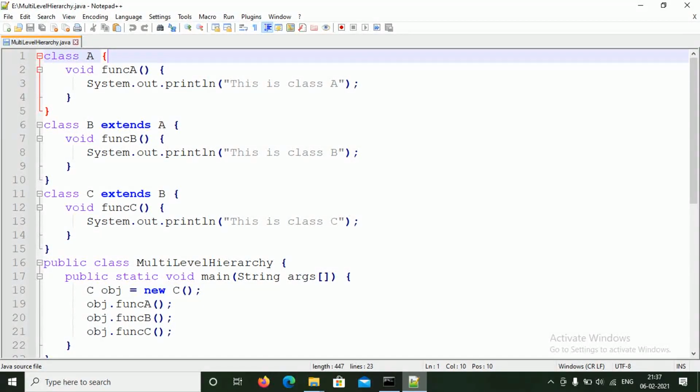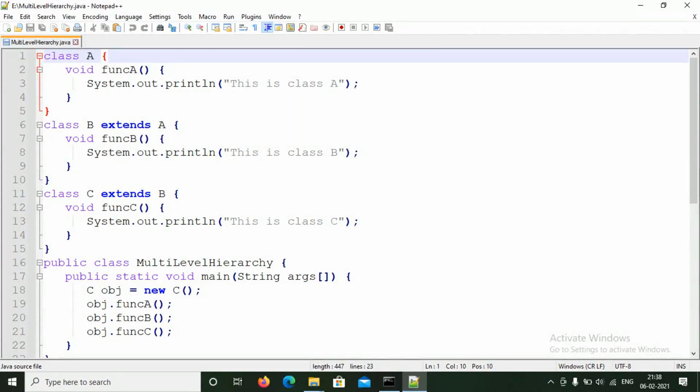First of all, we create a parent class A, and inside class A we take a method, void function A, and inside it we just print the value, this is class A. Then we create a class B which extends class A, with a method void function B that prints the value, this is class B.